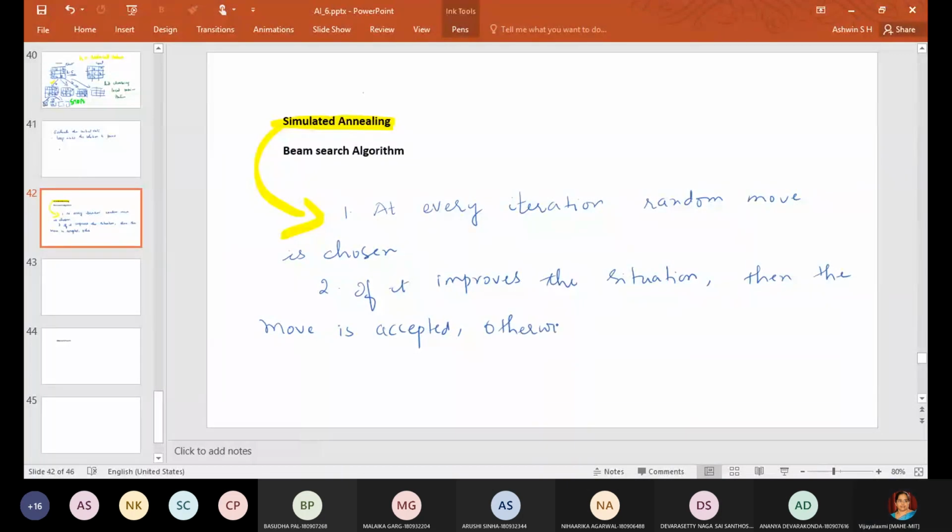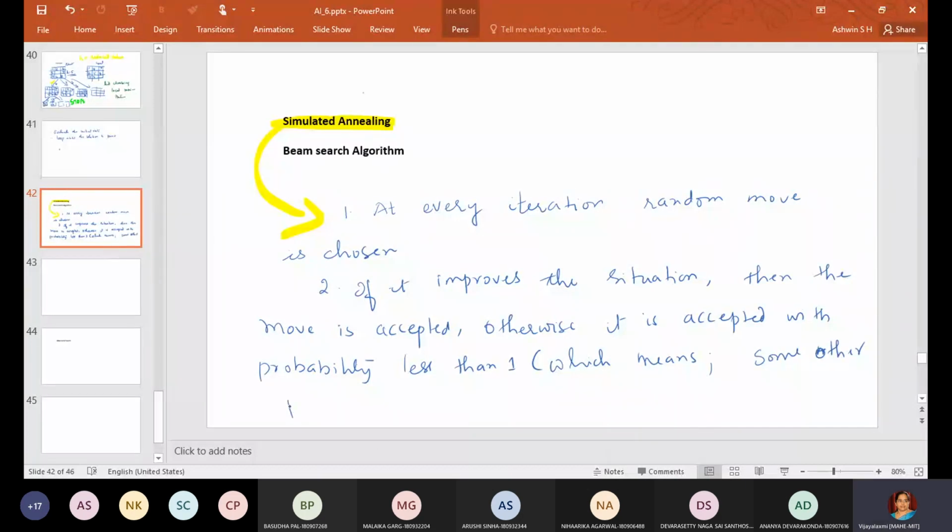Otherwise, it is accepted with a probability less than 1, which means it may choose some other direction for movement, and some other path has to be chosen.